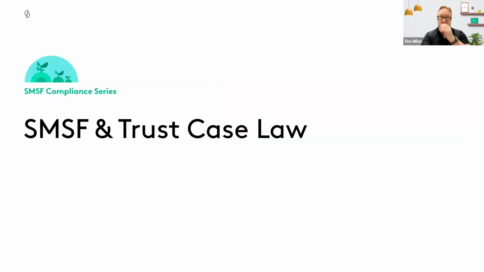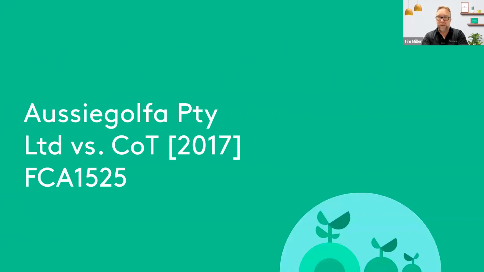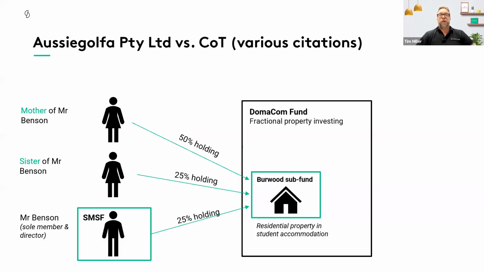So look, what I want to finish with before I talk about the potential penalties and issues that can go with it, and summarize those key questions that I ask in in-house asset, I just want to touch on an old favorite case, which is the Aussie golfer case, which is an interesting one because firstly, the tax office determined that it was a breach of both the in-house asset rules and the sole purpose test. But what you had was